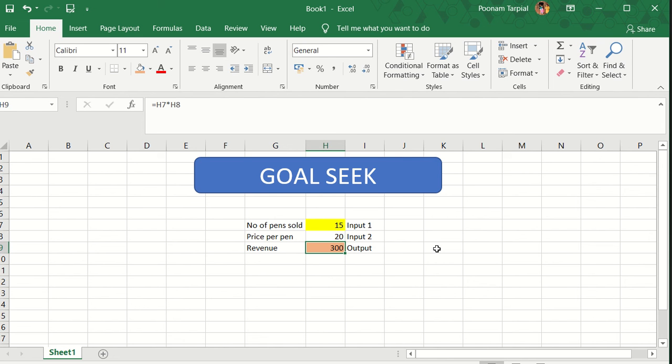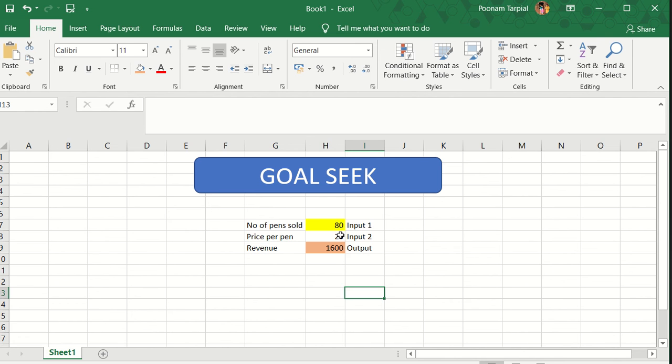Now here we can solve this equation in multiple ways. Either I can keep changing the random numbers over here to come to a final figure for the revenue I have to generate, which is a rough approach. Or I can divide my revenue amount by the price per pen to get the number of pens.